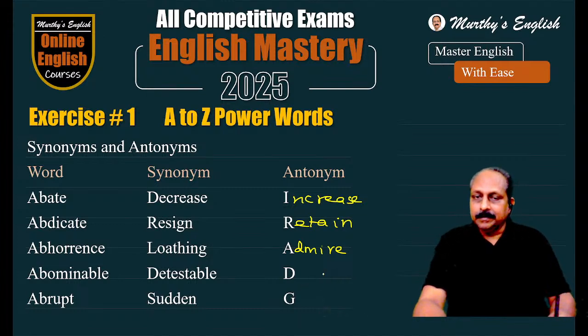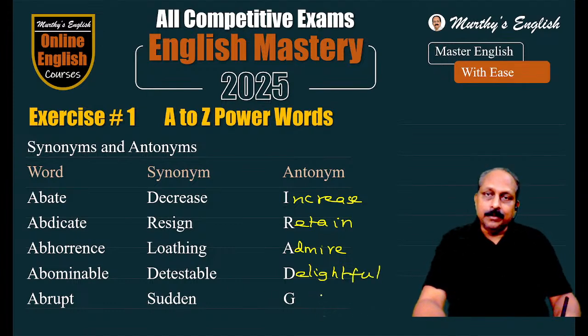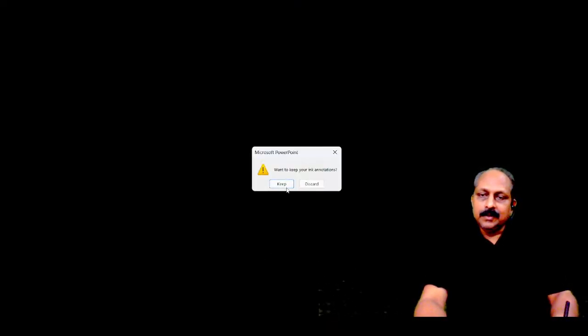This is a bit difficult. I'll write the answer. Delightful. What is it? Delightful. Delight. Delighted to meet someone means very happy. Positive word. So the right word here, delightful. Last one is rather easy. Abrupt, sudden. What is opposite of sudden? Gradual. Gradual. Yes. That's all for today. I hope you guys